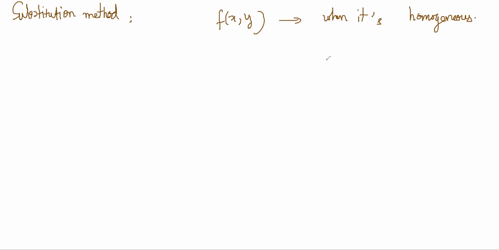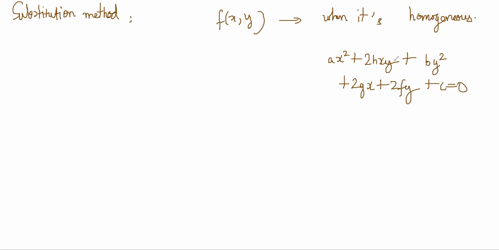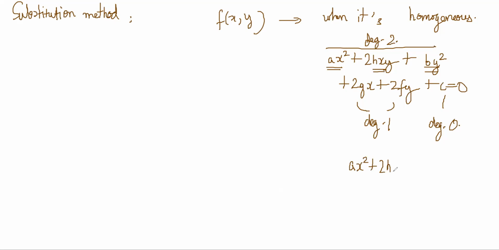Like we have seen in 12th standard, you would have seen equations of conic sections and all. Sometimes you have equations like this. This could represent a circle, ellipse, parabola, hyperbola, whatever. But here, this term has degree 2, this term has degree 2, degree 2. These two are degree 1, and this is degree 0 because it's a constant term. So this is an example of something that is not homogeneous. Homogeneous would be a pair of straight lines passing through the origin, which is like this. All the terms are degree 2.